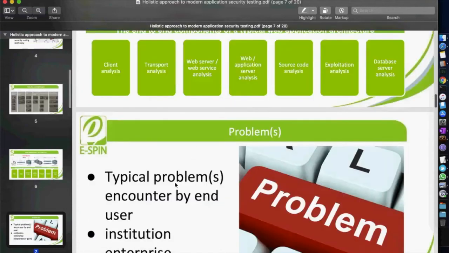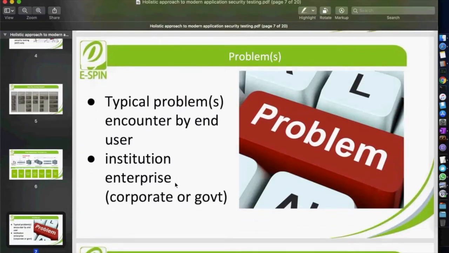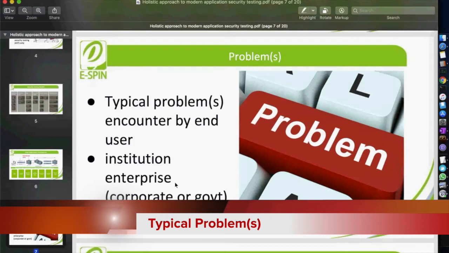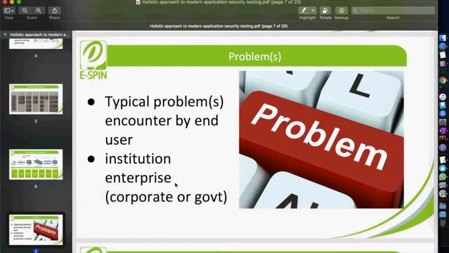And for the problem, like I mentioned, the typical problems that will be encountered by the end user. The end user here, because of the reason that all these types of tools are mostly geared to work for institutional customers, or what we so call corporate or government specific. Even though sometimes the tool is used by an individual employee,